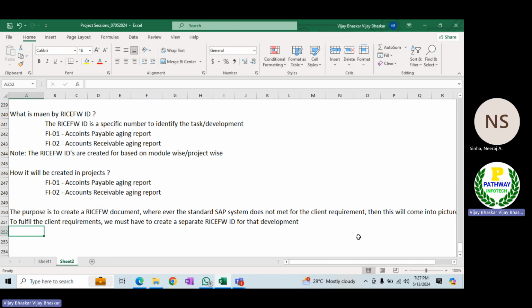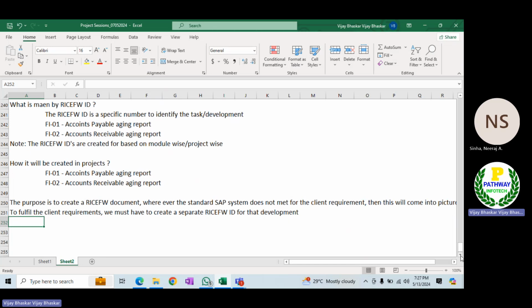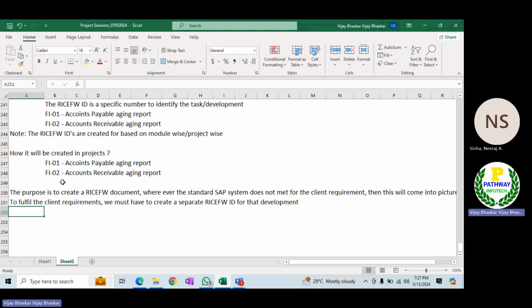Now let's say my requirement is, what is the approval process? Now we have created the RISIF ID. Let us talk about accounts payable, where I have created a RISIF ID. Even in the functional specification there is an ID to identify it. Once the RISIF ID is created, remember,